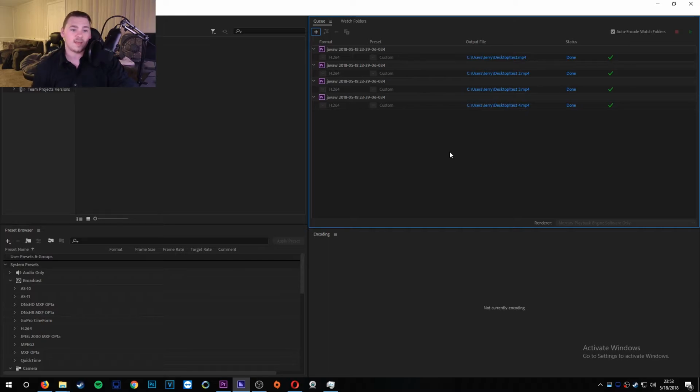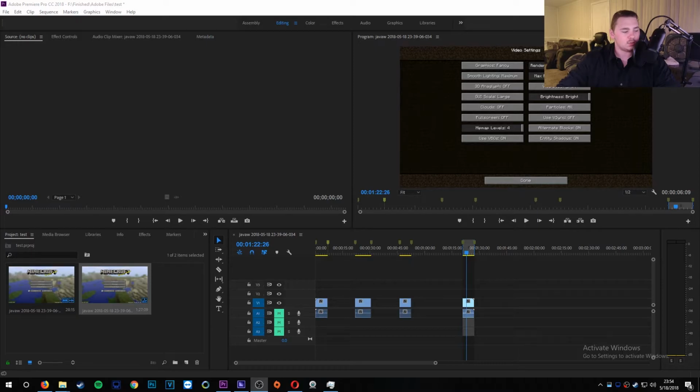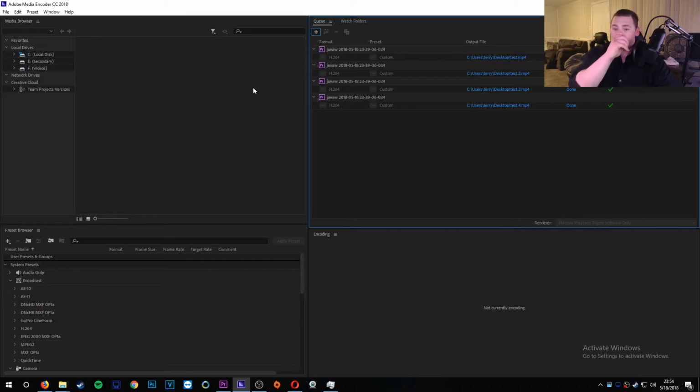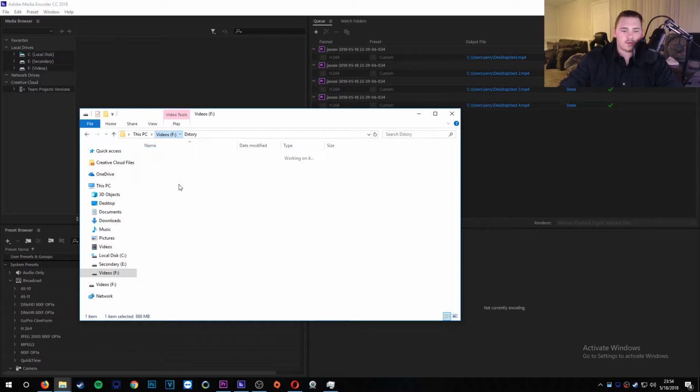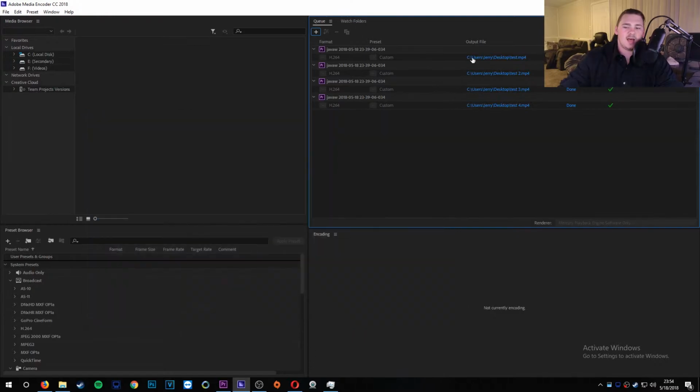Now I keep everything the way it is. I don't mess with any settings, mainly because I don't know what I'm doing for this. The only thing I mess with settings on here is during the exporting. Now I could try to mess around with this and see how you can do different things, maybe to make it go a little bit faster, but other than that, this is really the only thing I kind of use now, because when I edit videos, especially when it's multiple videos like these,